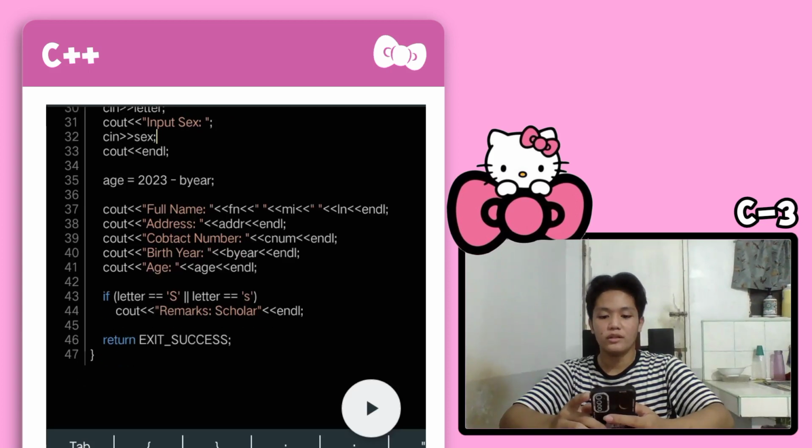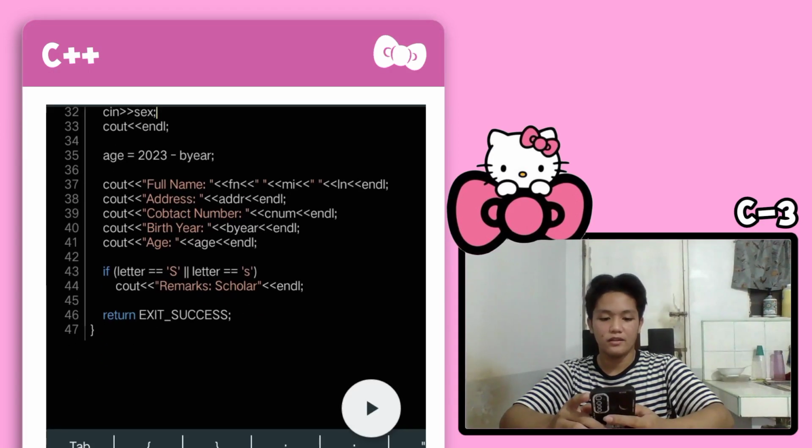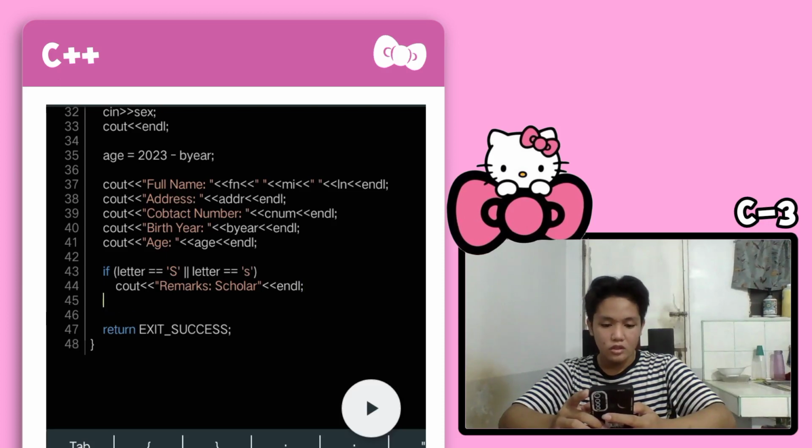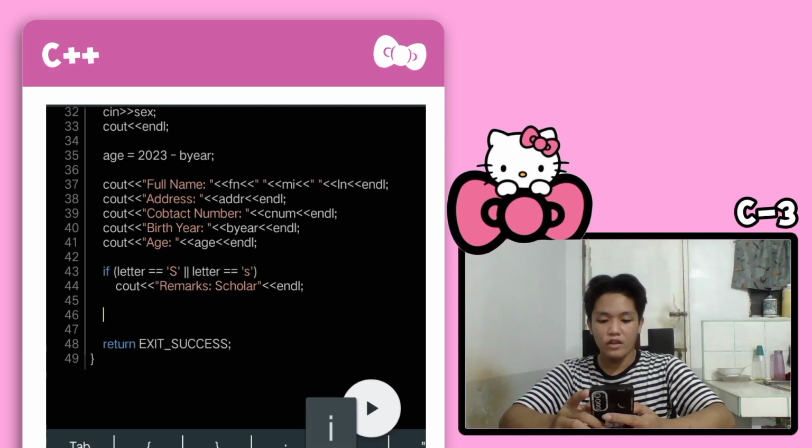Let's proceed in doing the if else statement. After our if statement for remarks earlier, let's put the if else statement after that. Enter to make the separation between those two. Now type if, and for our comparison expression, space, open parentheses, sex, space, equal, space, apostrophe, big F,